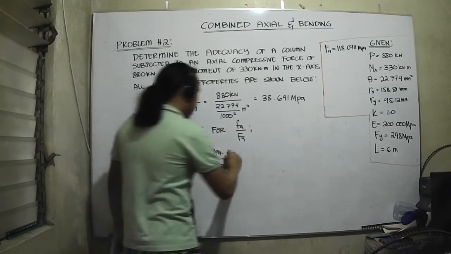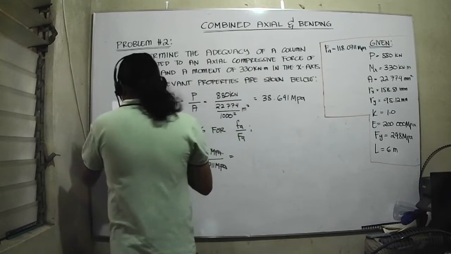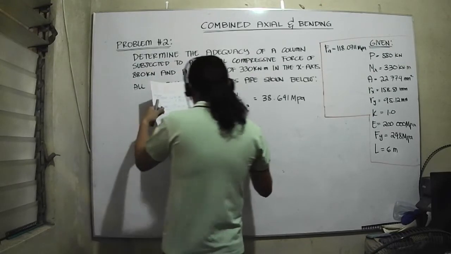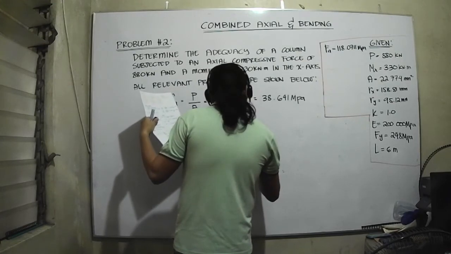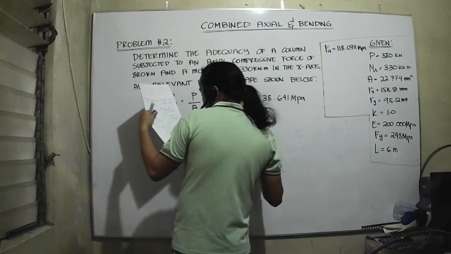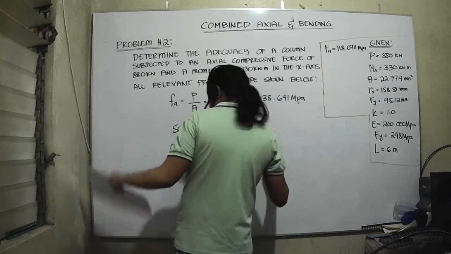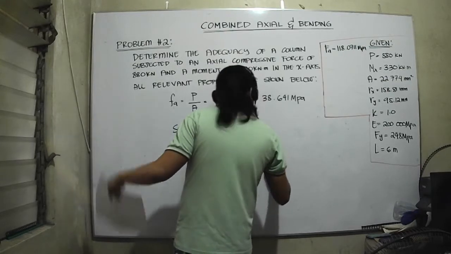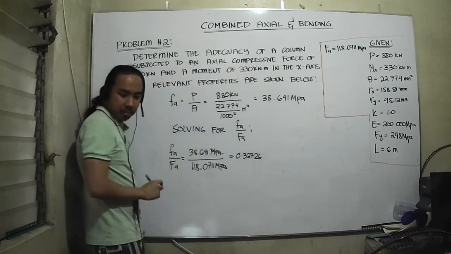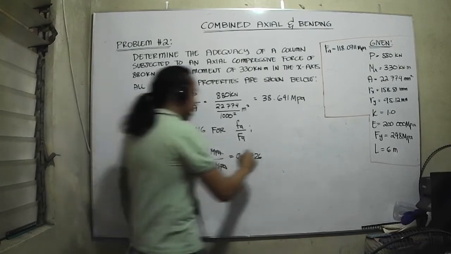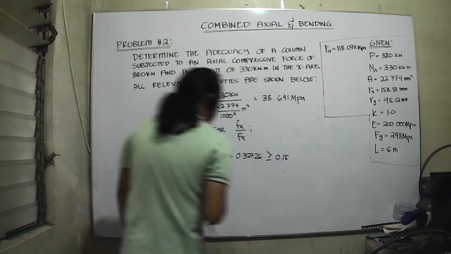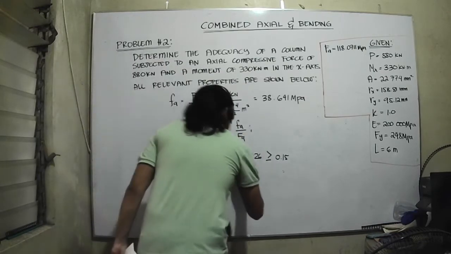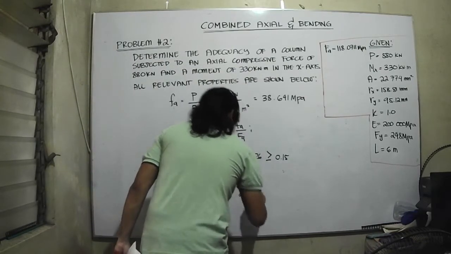That should be equal to 0.32726. This is actually greater than the benchmark, which is 0.15. Therefore, we can conclude that we need to consider